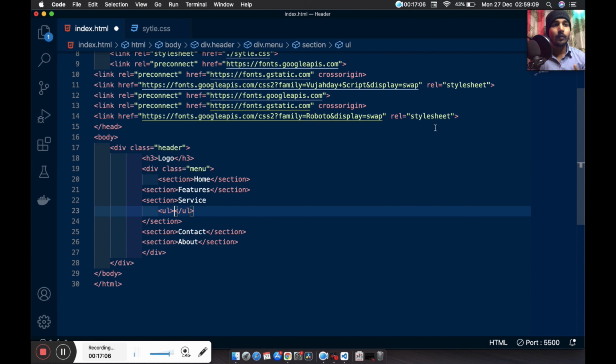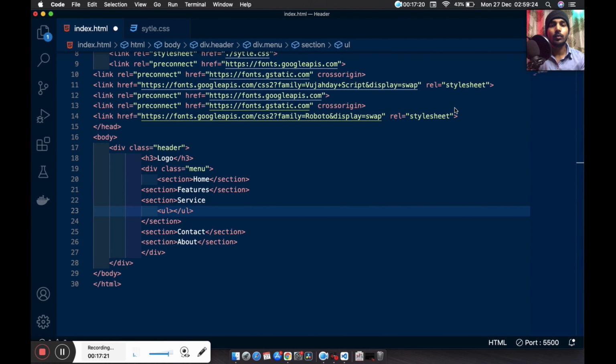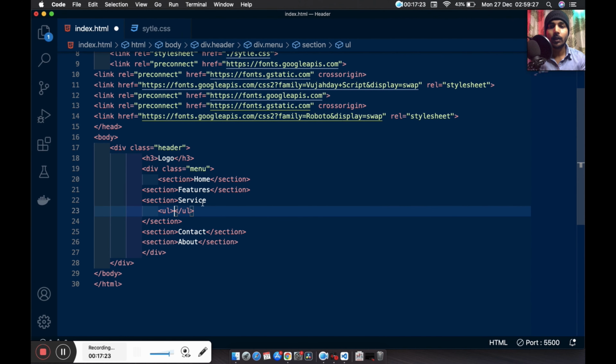We have to make a drop down. So to make a drop down, like in the services feature, here I want a drop down. When I bring my mouse, then a drop down should be shown here. So for that, inside the section where services is written,